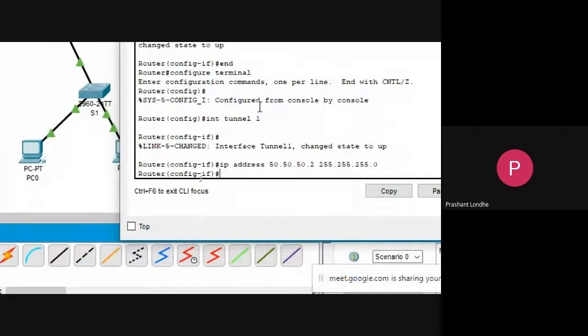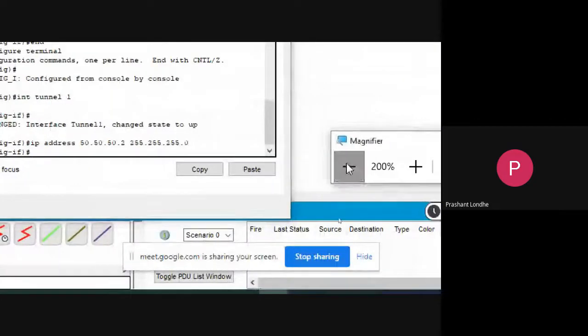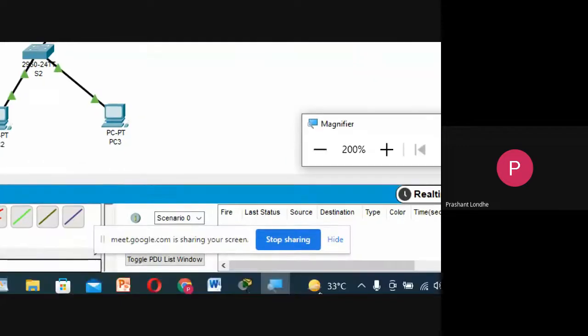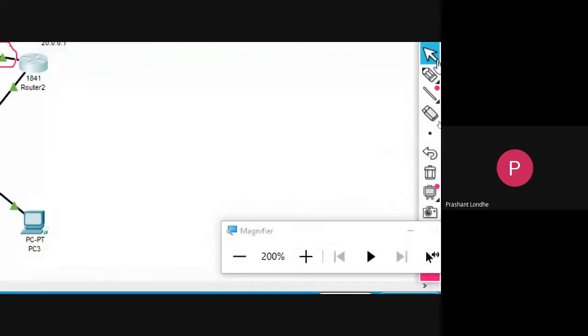Enter. Now again I need to specify the tunnel source and destination. Here the tunnel source will be this port, and the tunnel destination will be this IP address. So simply I will do the thing as required.